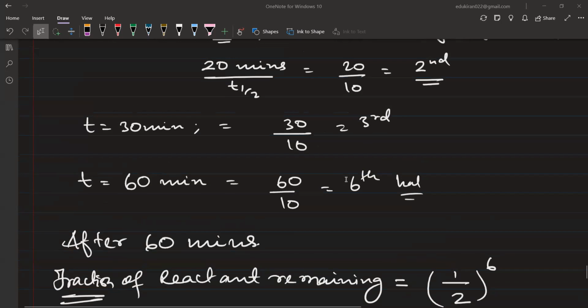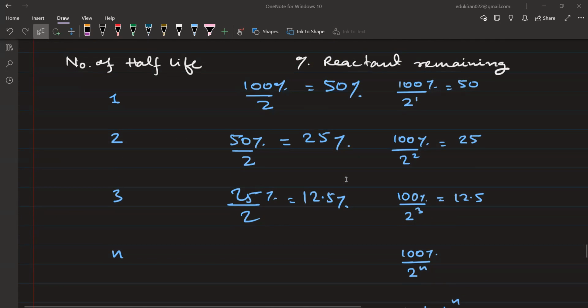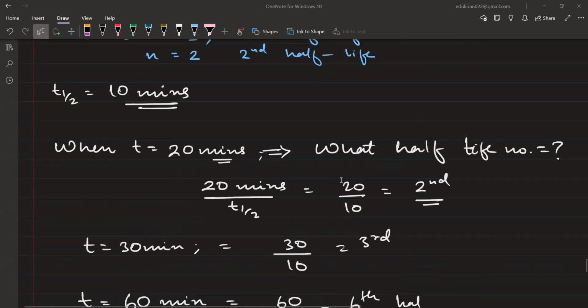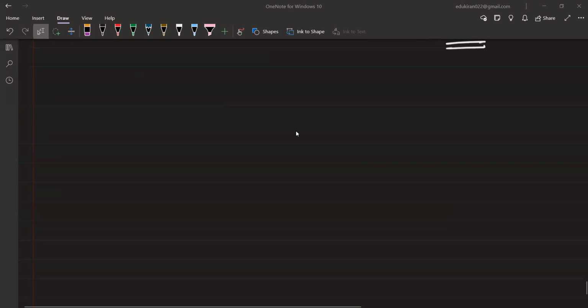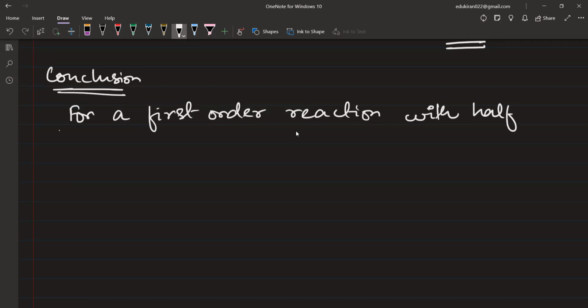Yes. Okay, this was a bit lengthy to understand, but I think the conclusion that we have got is quite elegant. Yes or no? Please tell me. Yes, sir. Right? Okay, so इसको एक बार फिर से ट्राई कर लीजिएगा, but I am just going to write here the conclusion that we have found. The conclusion that we have found is, for a first order reaction with half life period equal to t half,